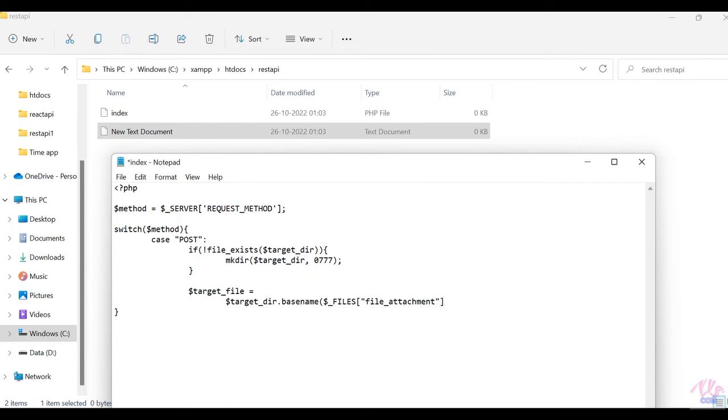Files inside PHP get fetched using $_FILES. We have made it lowercase.